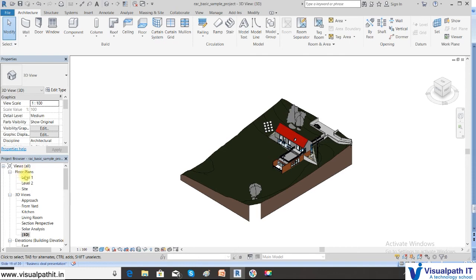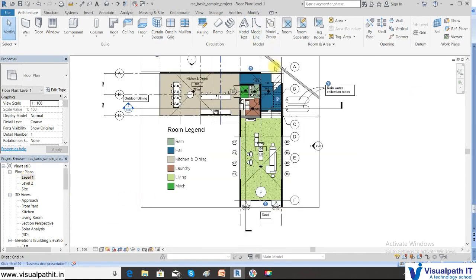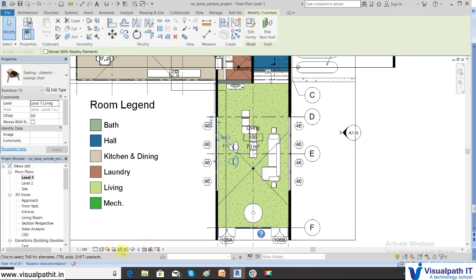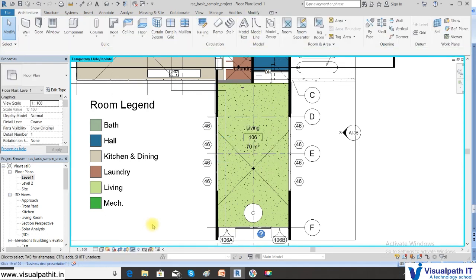So suppose in the plan view I hide some elements. For example, I select this and I go to this icon. I say hide category. Okay, now I want to see which elements are hidden. I don't know.